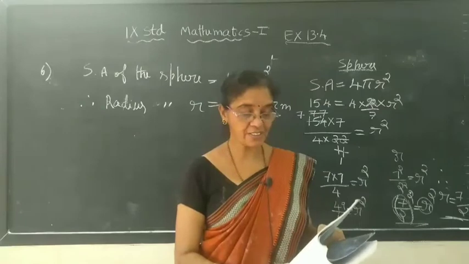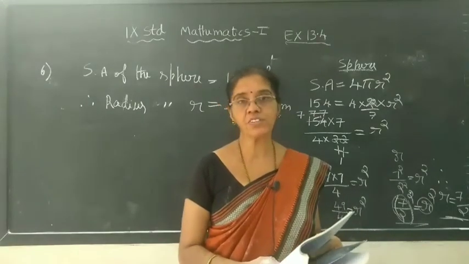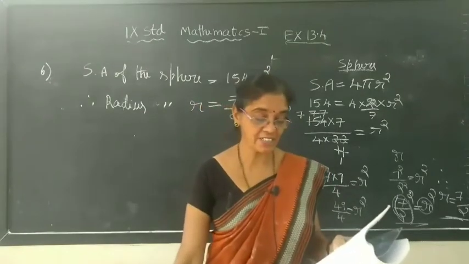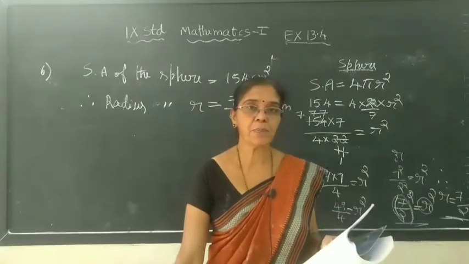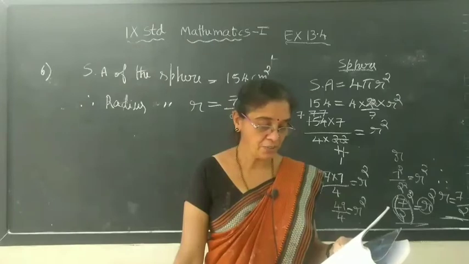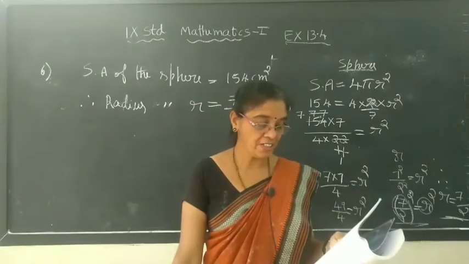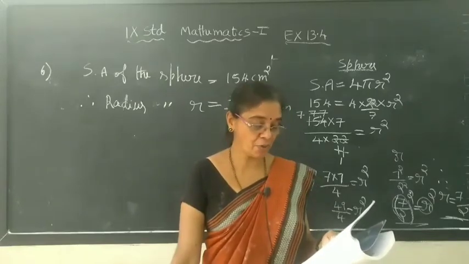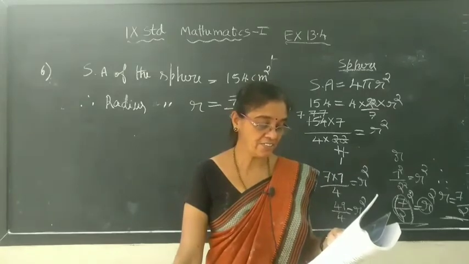Those who tried the third problem in the exercise, you have to take the pi value 3.14. If you did not do it today, do it. You will get the answer. Last answer, the total surface area. The 3 pi r square you have to use. You will get 942. Seventh problem, no need. Those who are interested, just one extra problem is there.